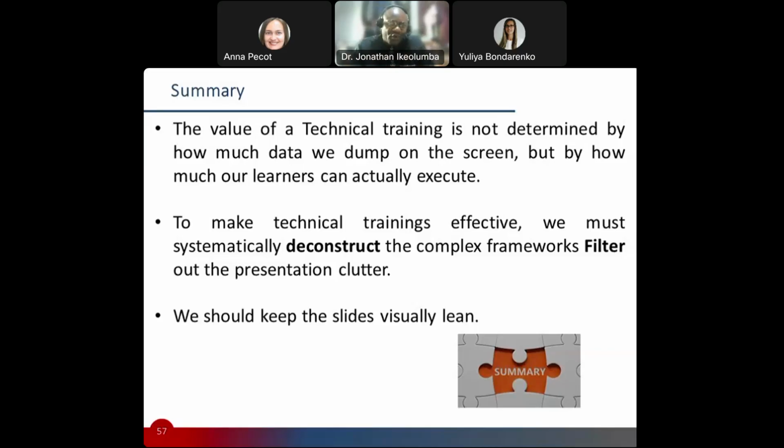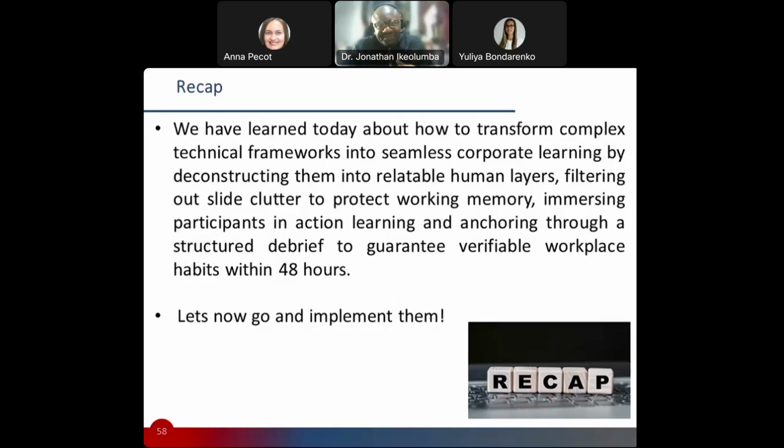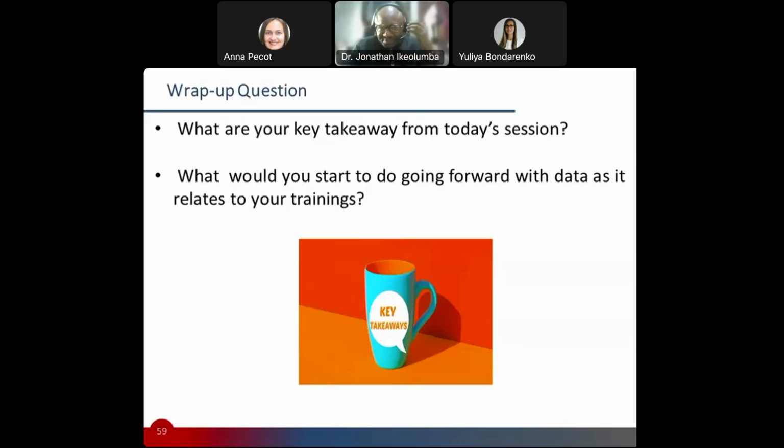I've shared a 4-step framework: deconstruct the technical terms and land on what it means for the learner. The other thing is avoid information overload and make sure it is immersive and actionable. Then make sure that your cues, your messaging, your anchors also allow you to probe if that learning is as memorable as it has been designed to be. Again, make sure that your slides are very lean. So I think we've learned a couple of these things. All I'm going to say as super trainers is let's now go and implement them.